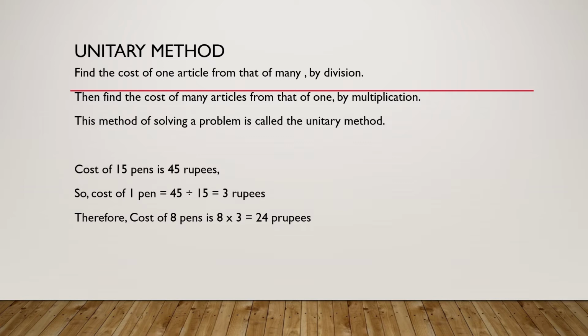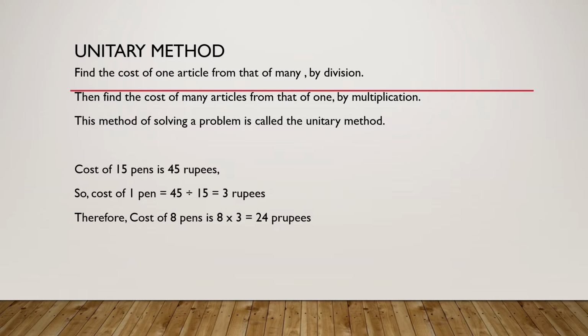So you have all come to know that whenever you go shopping, if someone tells you the cost of many articles instead of the cost of one article, instead of getting worried, you should always first check it. You will find the cost of one article by dividing, and then after finding the cost of one article, you will multiply it and you will get the price. So let's help Vijaya now by solving the problem.